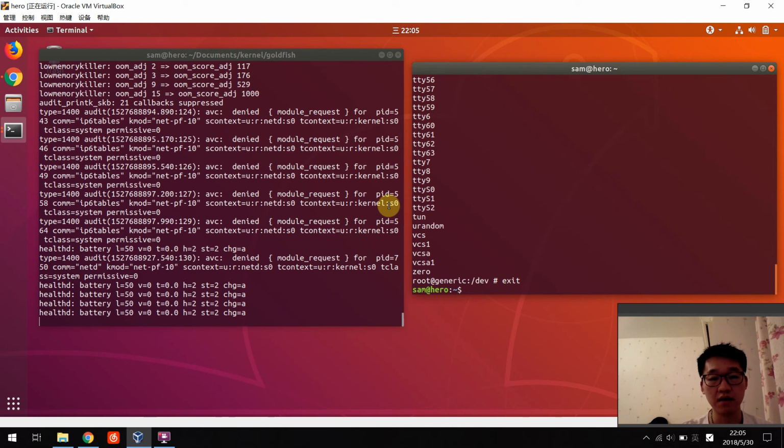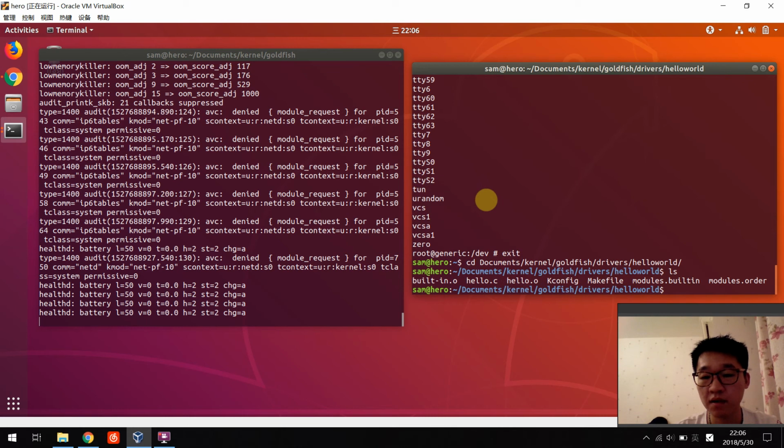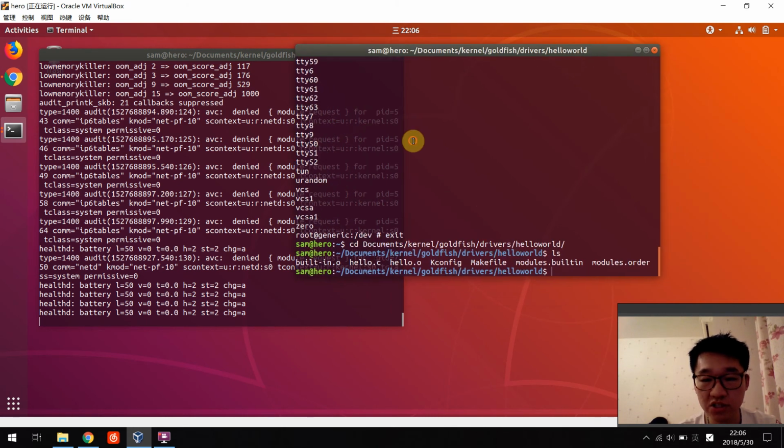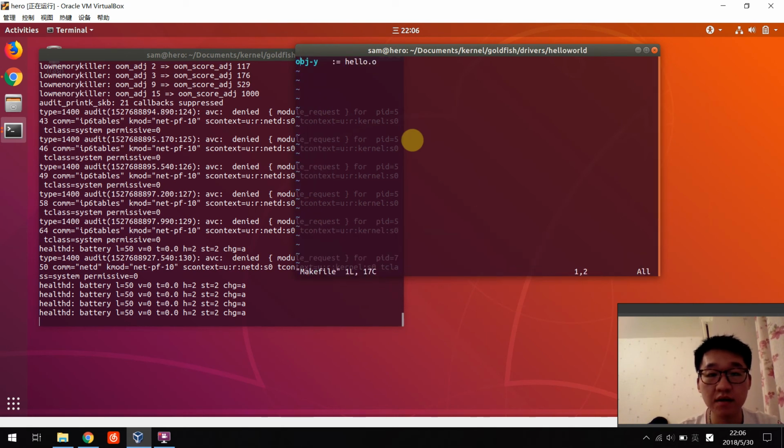So let's build a loadable kernel modular. Let's go to the directory, the hello world documents. I think kernel goldfish and the drivers hello world. Yeah, here. It's okay. We just leave these things here. All we need to change is the makefile. Yeah, makefile. Change it to